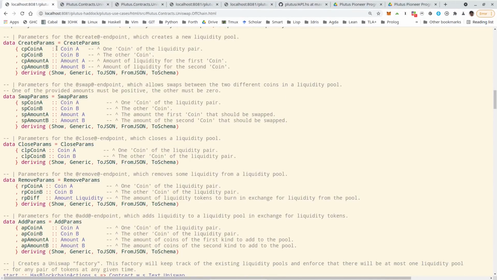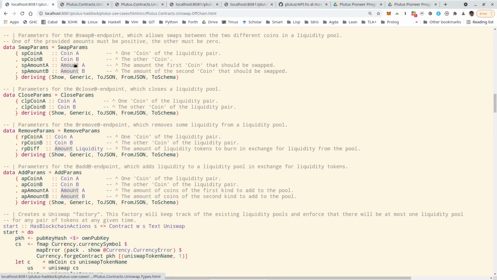So for example, if we want to create a pool, we need to know the tokens and the amounts. If we want to swap, we must know the tokens and how much to swap. And the idea here is that one of these two last fields should be 0. So if we want to put in A and get out B, we would specify the amount, how many A's we want to put in, but we would leave the B at 0.